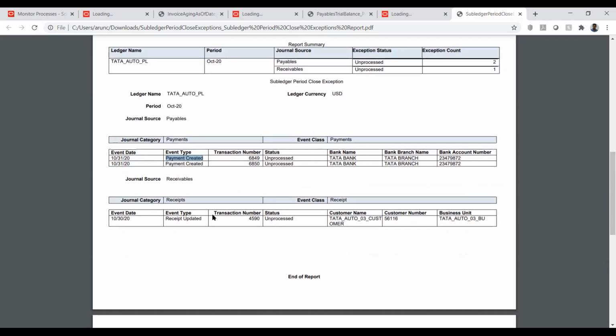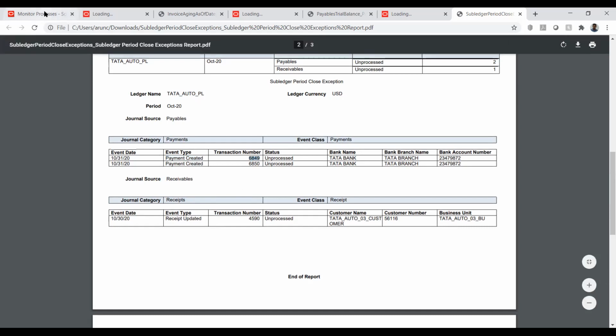Okay. So when it says unprocessed, what does it mean? It means it's not accounted. Okay. So we just need to go validate that. No, we validated it. So only the accounting for this particular payment is missed out. Okay. How does it get missed out? Like when you validate it, I'm assuming it just creates an accounting, right? No, that is for invoice.